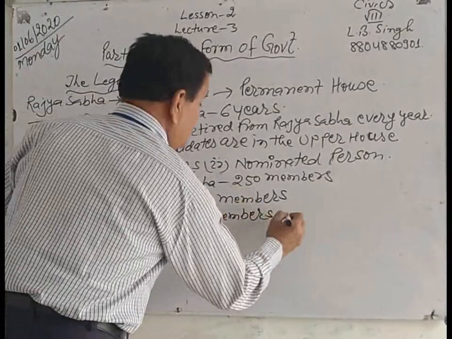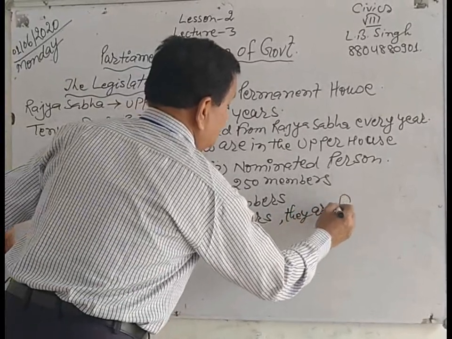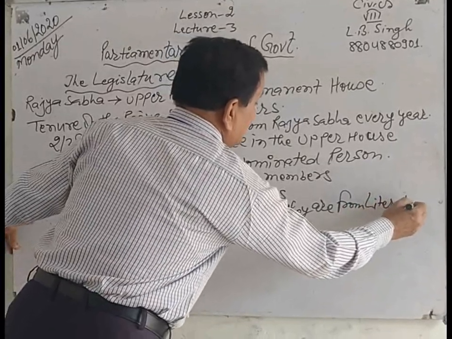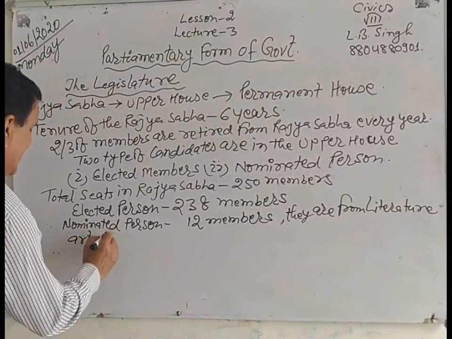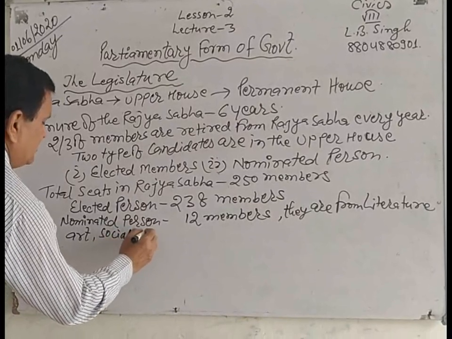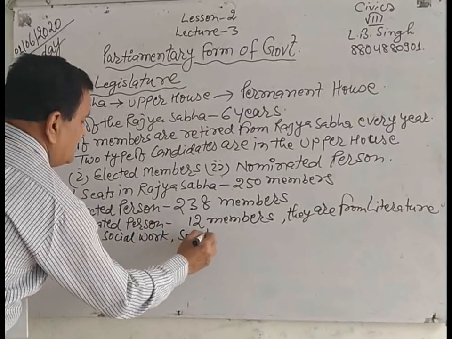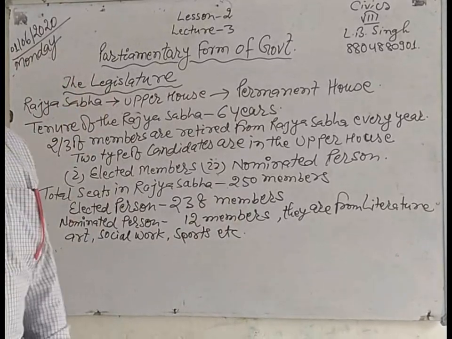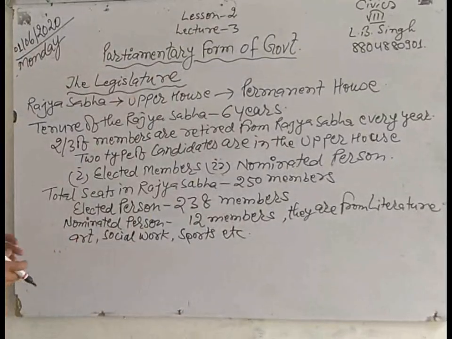They are from literature, art and social work, sports, etc. That means these 12 members are elected by the president from the different department,